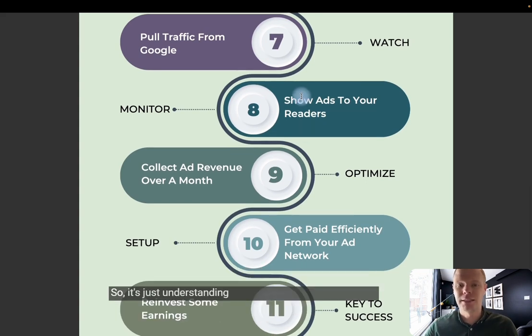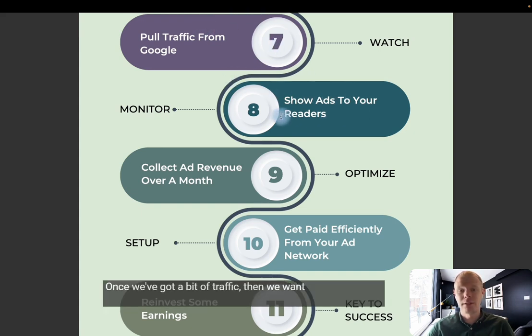So it's just understanding that and watching that come in. Showing ads to your readers. So fundamentally, this is what we're doing. Once we've got a bit of traffic, then we want to start showing ads, and we want to understand how